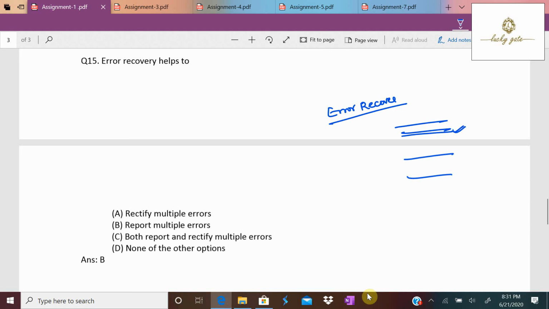That information will be collected and reported to the programmer for debugging the program. This is done by error recovery. The error recovery is to report multiple errors. This is option B.